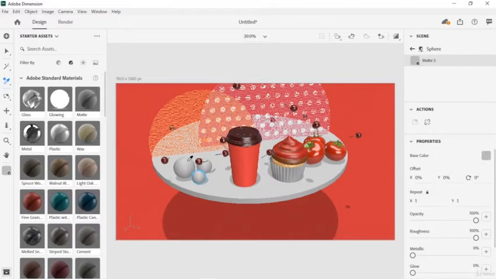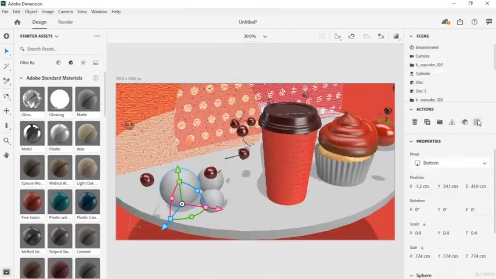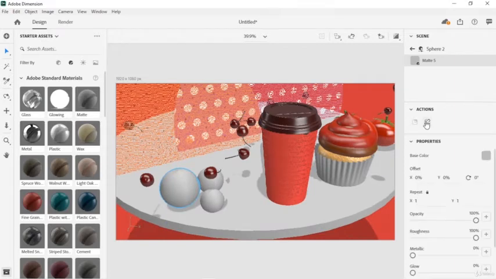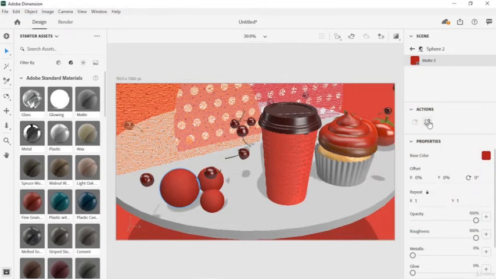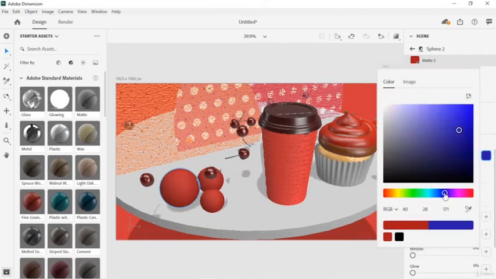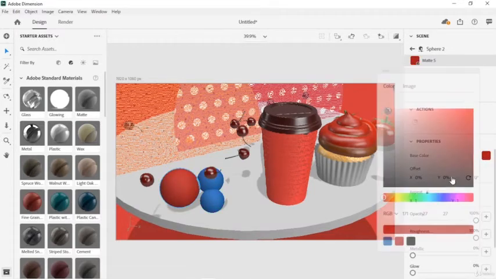When a material is applied to multiple objects at the same time or applied from the sampler tool, a linked material is created. Editing a linked material will edit its appearance everywhere in the scene. You can break this connection using the unlink material action, which will separate the material from the selected object and allow it to be edited independently.